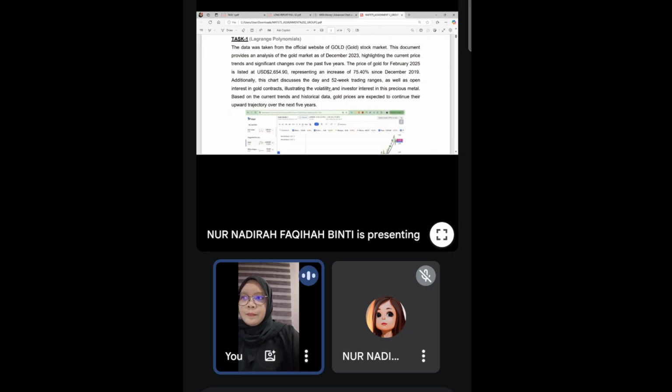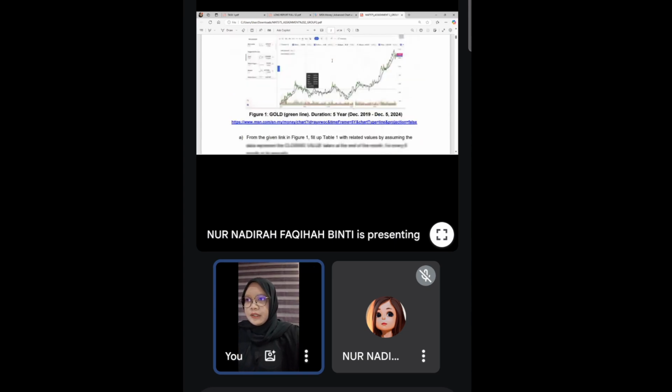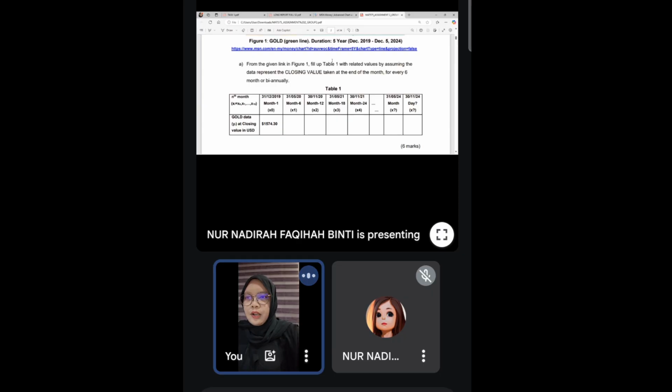The price of gold from February 2025 is listed at $2,654.90, representing an increase of 75.40% since December 2019. Additionally, this chart discusses the day and 52 weeks trading range as well as open interest in gold contracts, illustrating the volatility in investor interest in this precious metal. Based on the current trends and historical data, gold prices are expected to continue their upward trajectory over the next 5 years. So, for the first step, from the given link in Figure 1, fill up Table 1 with related